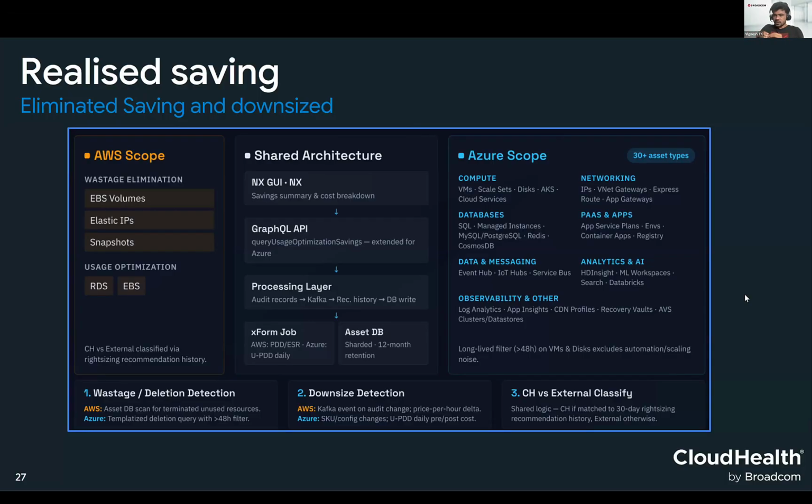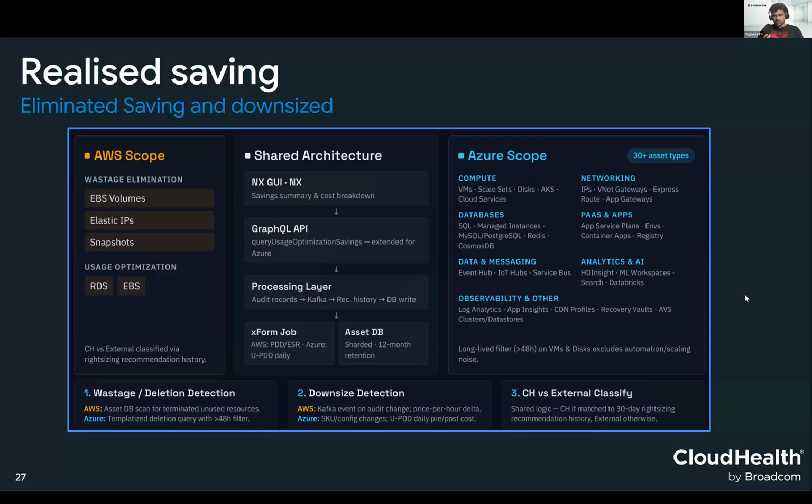What the native provider supports. So basically, any action, any change in the configuration of your asset or your inventory, we listen to that. We understand what has really happened. Let's say a customer has terminated an instance, right? We understand that a termination has happened. Similarly, if a sizing change has happened from your right sizing, you could have downsized some of the recommendations. We capture all of them, and then we run an engine, kind of like audit records that capture all this information.